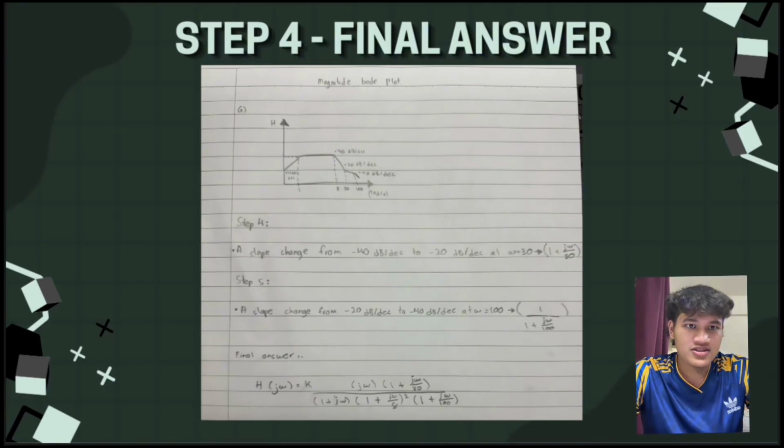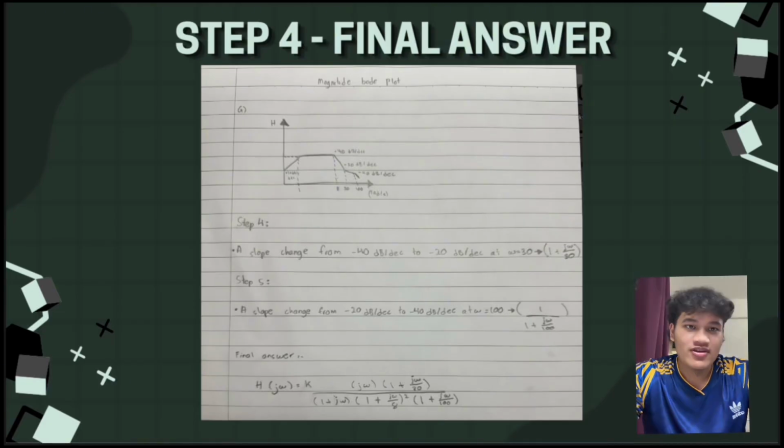This indicates the presence of one additional pole. Therefore, the factor is 1/(1 + jω/100). So after this frequency, the final slope becomes negative 40